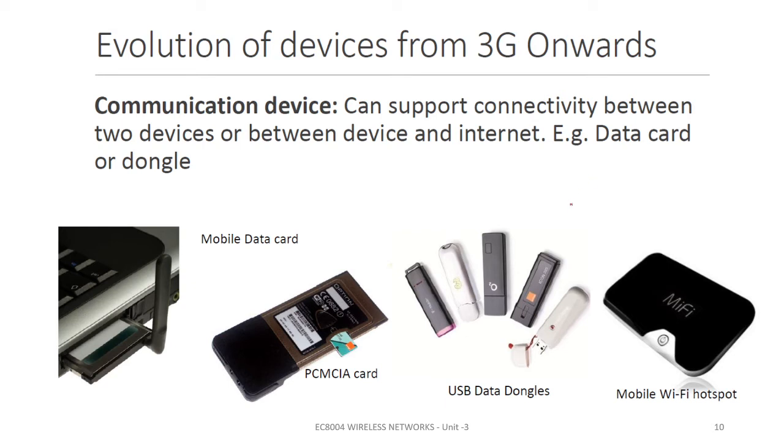See, I can see mobile phones. That is not only meant for communication purposes; I can use the internet also. I can go for my mobile Wi-Fi hotspot, mobile data cards, anything. So it has been said that from 3G we can use our internet connections with my devices, that is, with my user equipment.